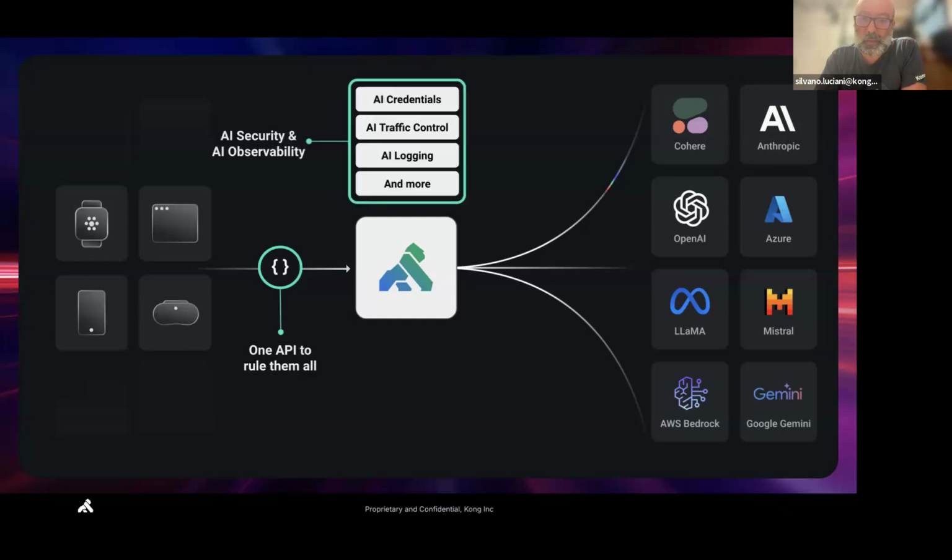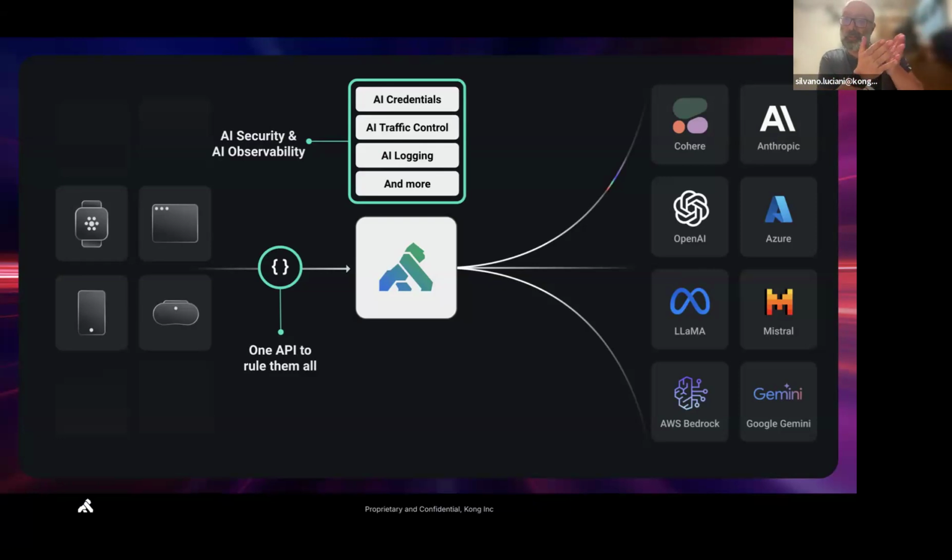On top of this, we have some specific AI security and observability plugins and features that we provide, not necessarily with a specific plugin, but for example, in the case of the credentials, I've seen this firsthand. Very few organizations want every developer in the organization to use their own individual credentials to access a provider.